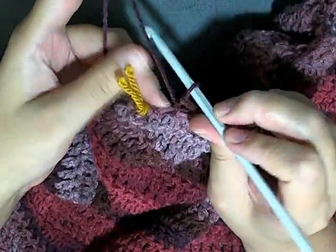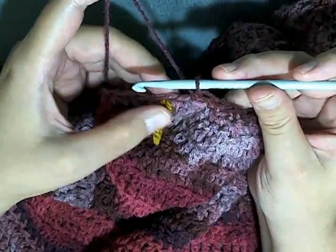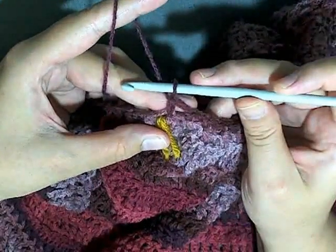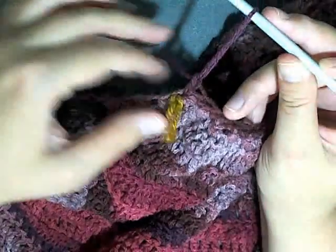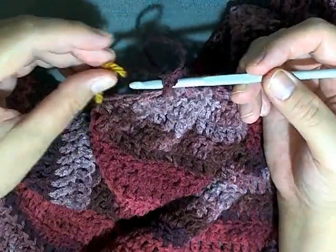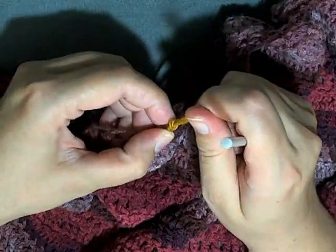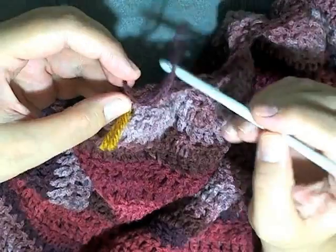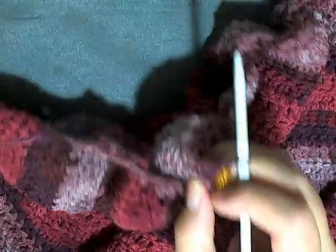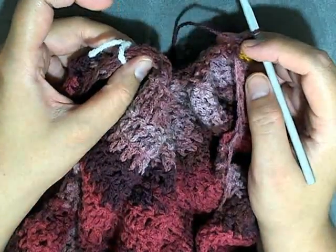Okay, I've single crocheted my way back over to this next corner where I have my marker here, and I'm going to single crochet into the stitch above my marker. And I want to chain 1, pull up my loop here, grab my marker, and now I want to mark this new stitch on this side so that I know that this is my end, my corner. Okay, now you chained 1. Now you want to turn your work, because you're going to be working back and forth in rows, and you're going to be working from this marker to this marker,